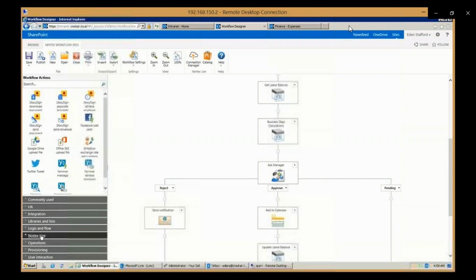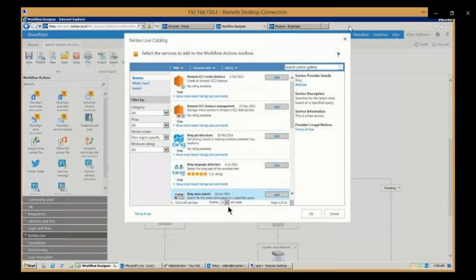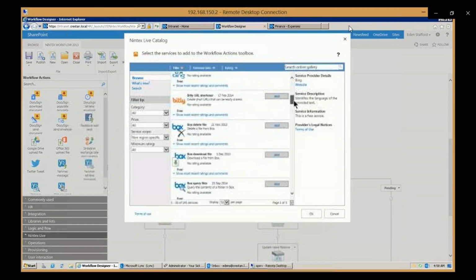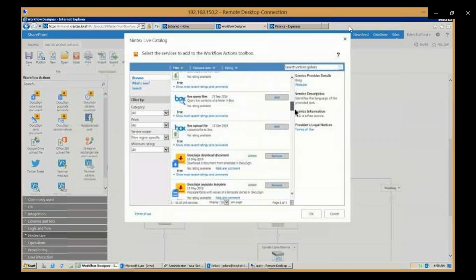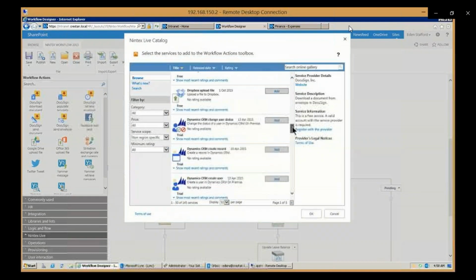The other thing is you have Nintex Live as well. In Nintex Live, you have this catalog of items that are out here that you can use to connect external services within your environment. So you'll see in here, you can connect to Amazon, Bing, Box, DocuSign for digital signatures, if you need to get the signature on a particular document,